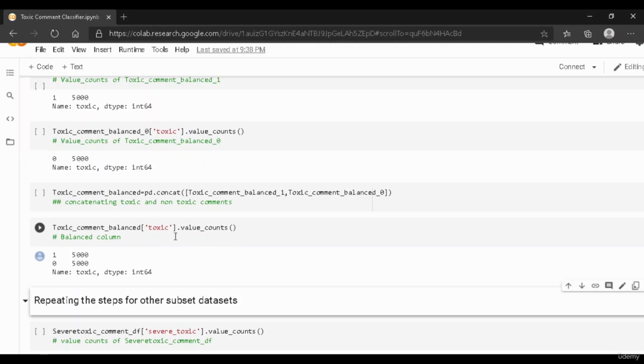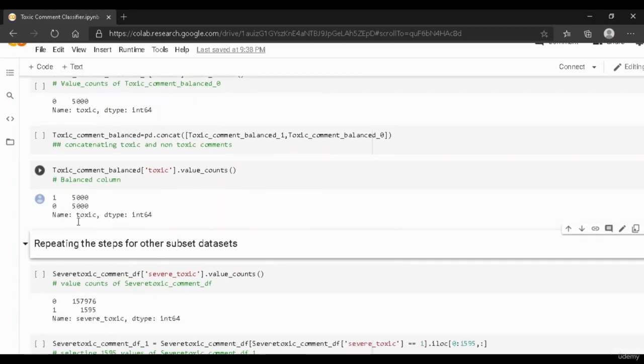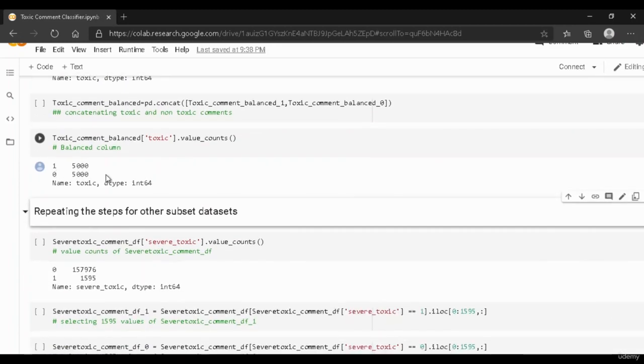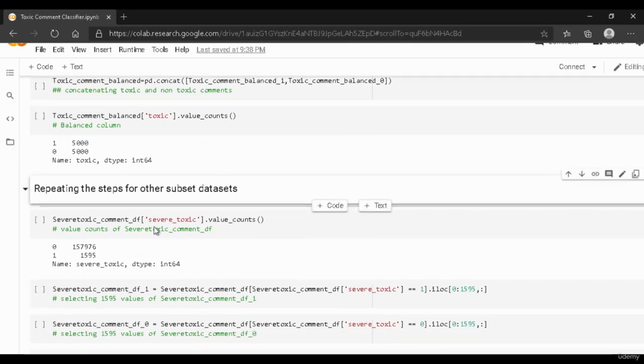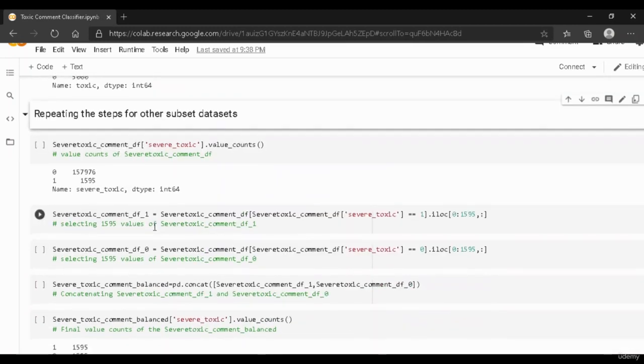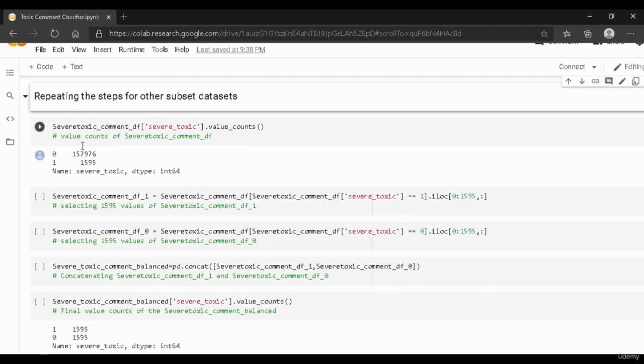And we have checked it using the df.value_counts, or the data frame.value_counts in our case. And over here we have an equal number of ones and zeros in this particular data frame, and the similar step has been repeated for the other data frames. As you can see over here in this particular data frame called the severe toxic comment data frame, using the value_counts, we see that there are around